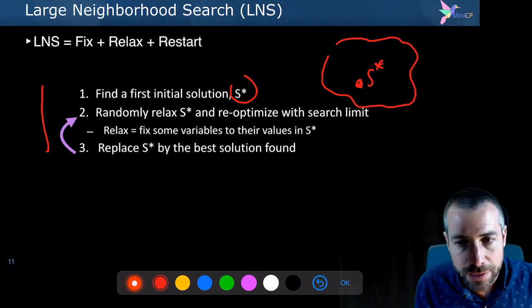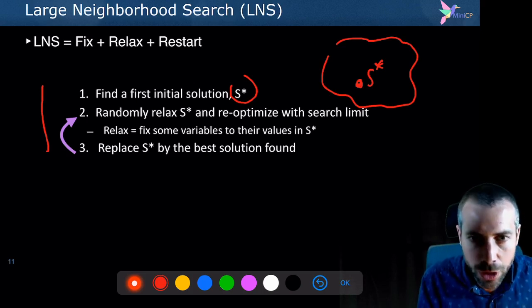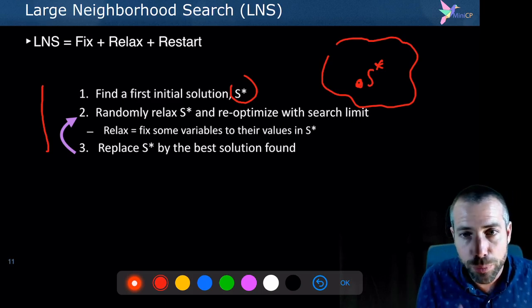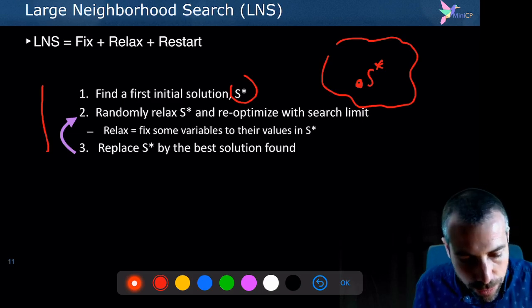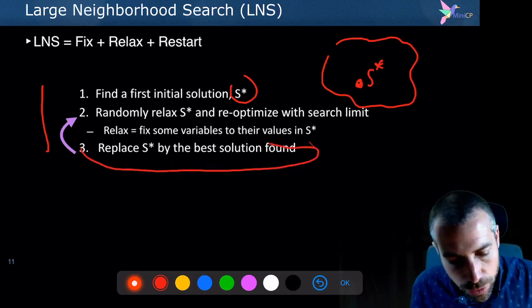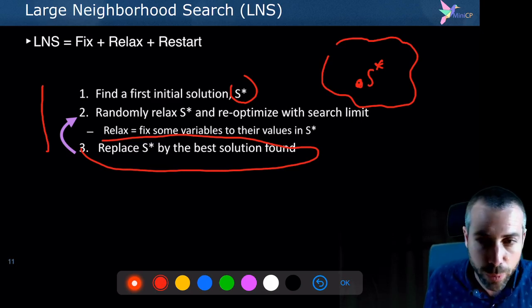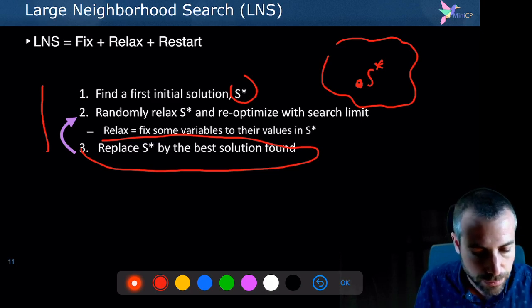To do that, we will relax the domains of some of the variables, not all of them, only a tiny fraction of the variables will be relaxed, and we will explore with CP the possibility of improving this solution locally. And if we discover a new best solution, of course, we replace it before the next iteration. So that's the idea of large neighborhood search, and in practice, it's a very efficient idea for solving practical problems.